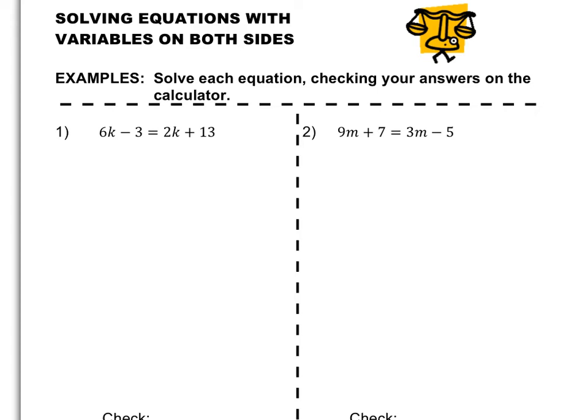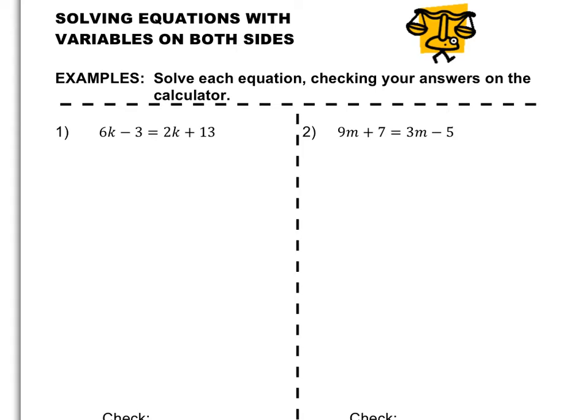Today's lesson is practicing solving equations with variables on both sides. So we're going to do what we've done before. We're going to solve each equation and we're going to check our answers either on the calculator or by hand. Okay, so starting off we have